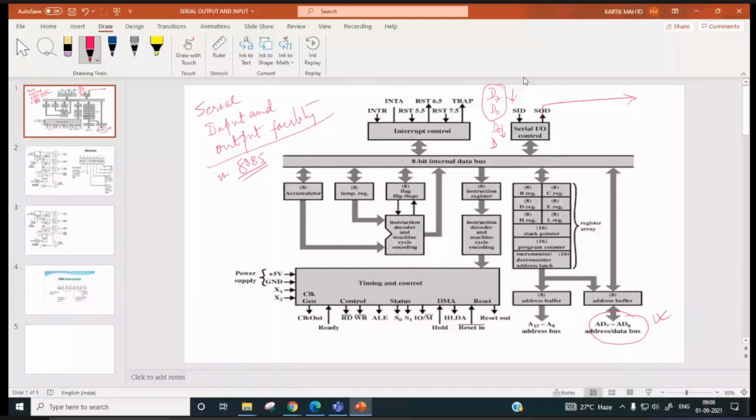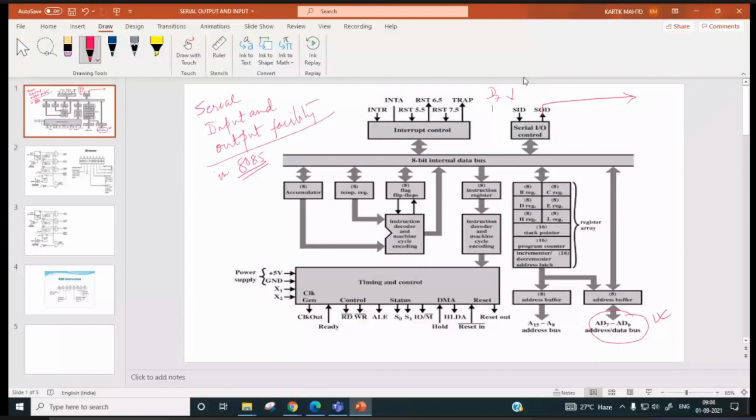So here in 8085, how is data transferred serially? Suppose here in memory, from 2400H onwards, we have so many bytes, stored in the form of bytes, D0 to D7.